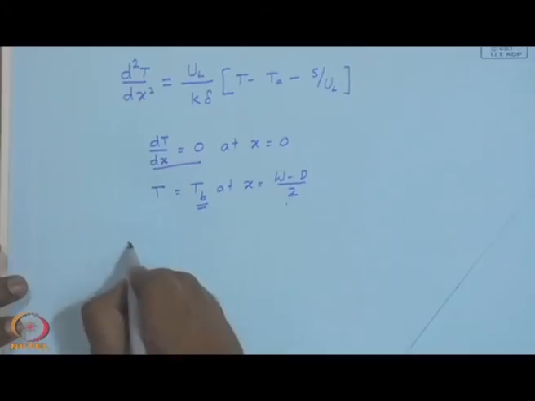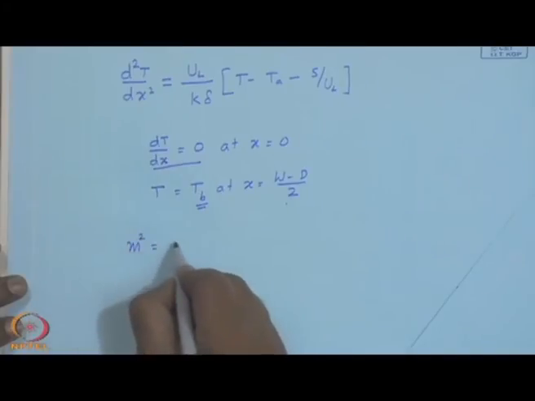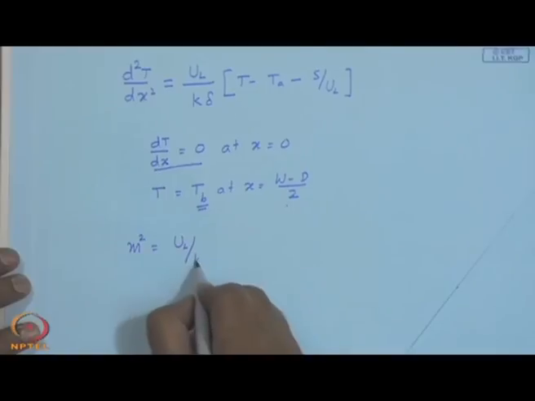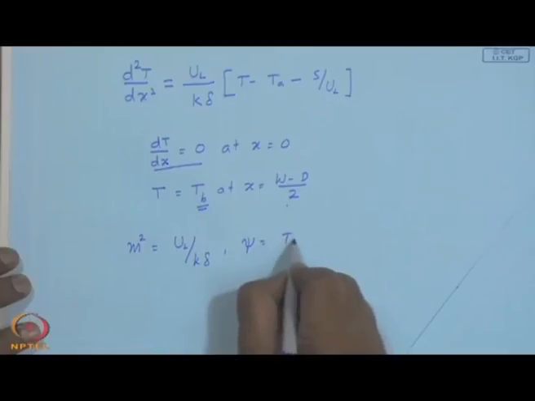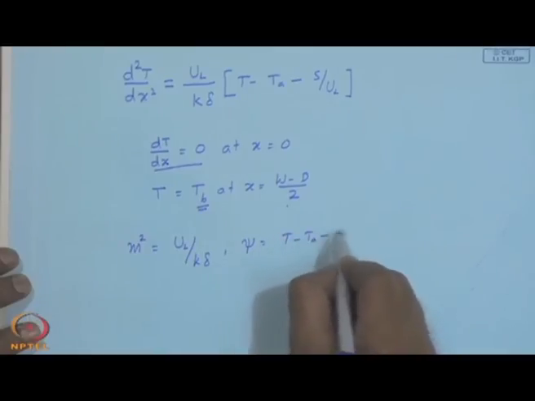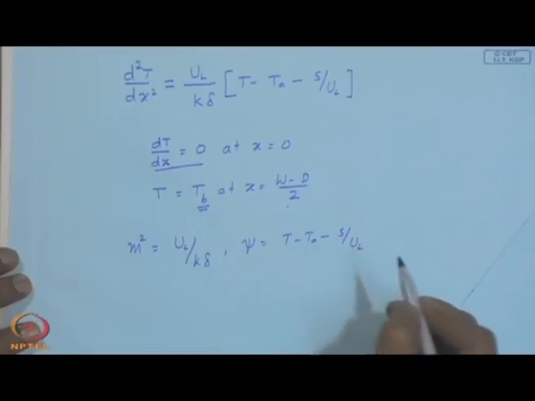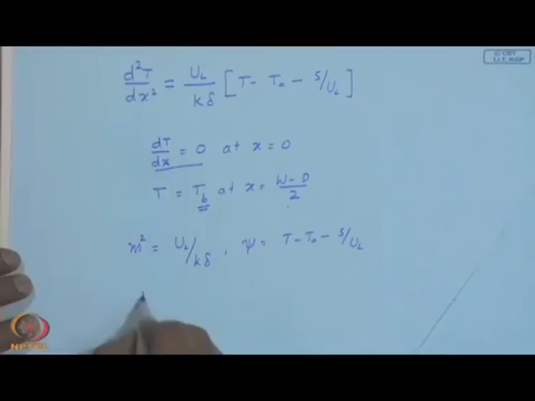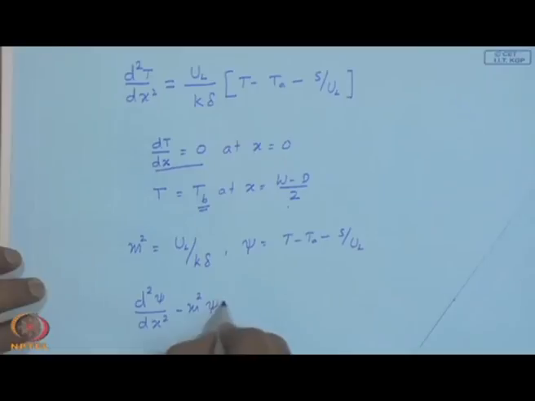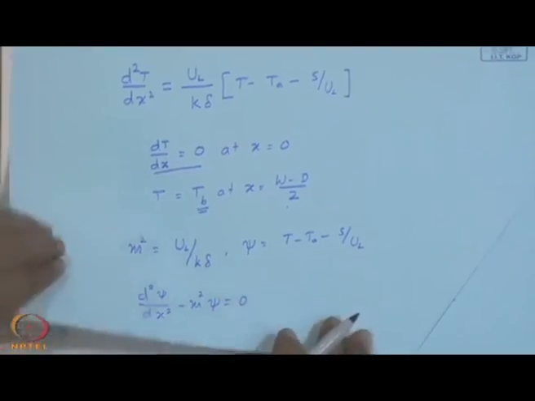And if you introduce m squared equal to U_L upon k delta and psi equal to T minus T_a minus S upon U_L, this becomes the equation, and the boundary conditions in terms of psi being